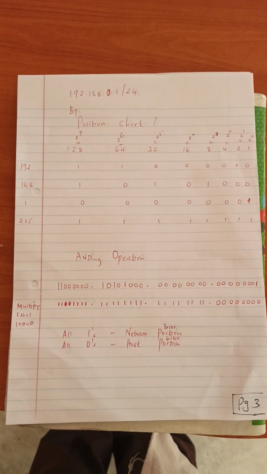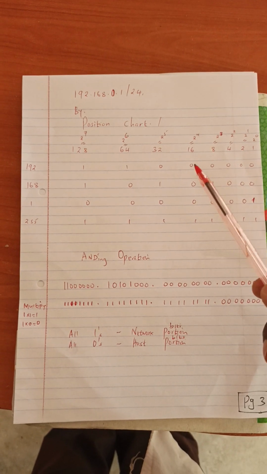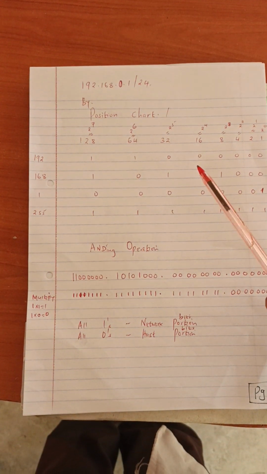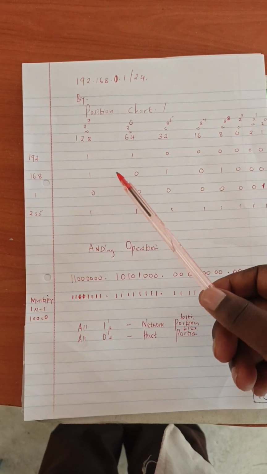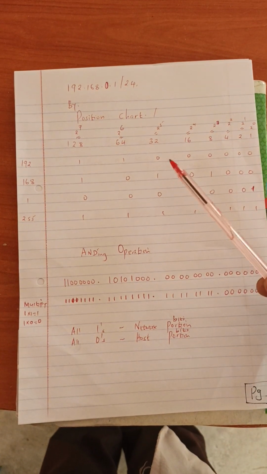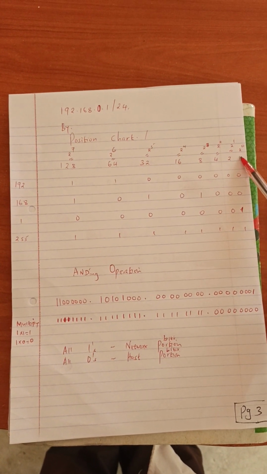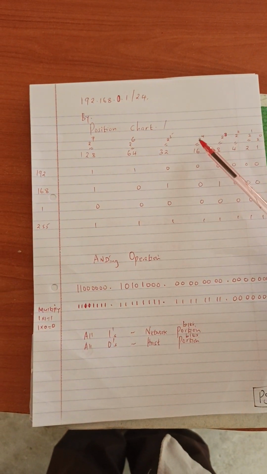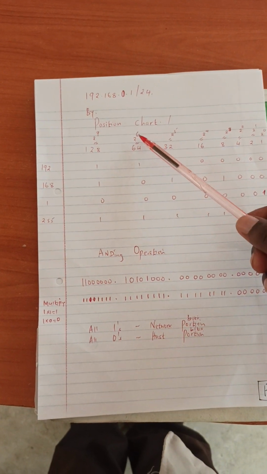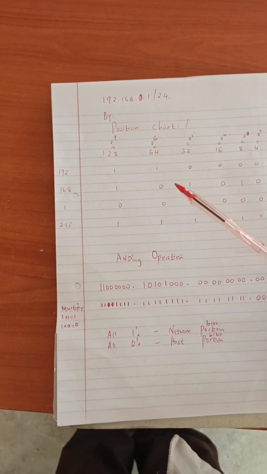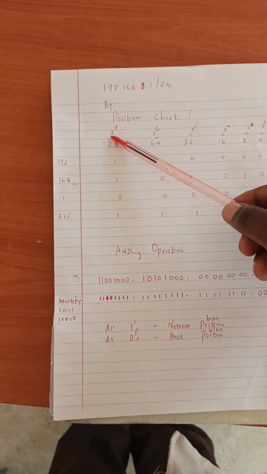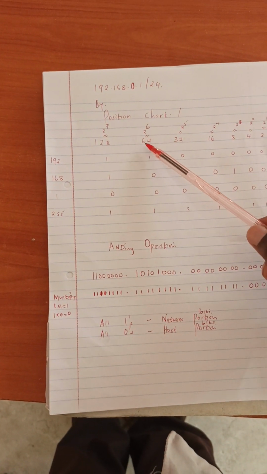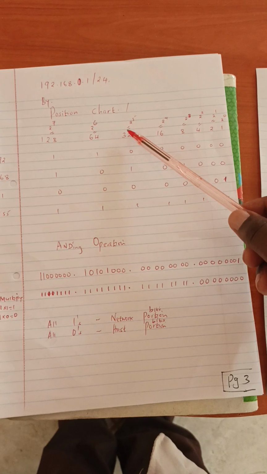Then we have what we call the position chart. It's another way of coming up with an IP address in a binary conversion. For example, from this end, we have 2 raised to power 0, 2 raised to power 1, 2 raised to power 2, up to 2 raised to power 7. 2 raised to power 7 is 128, 2 raised to power 6 is 64,